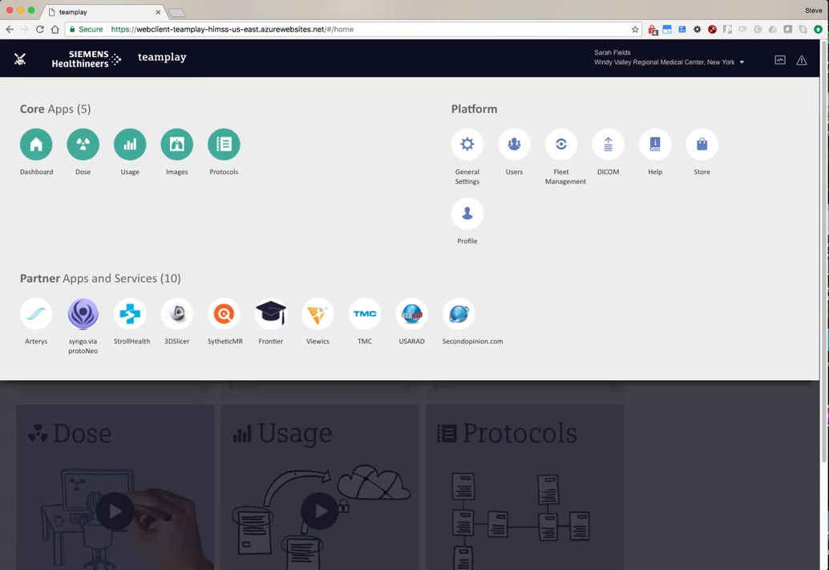Up in the upper left hand corner there's the application tab, and you can see that it has core applications and then partner applications, and among the partner applications is 3D Slicer. So this would launch us into a version of 3D Slicer, but instead I'm going to start by going into